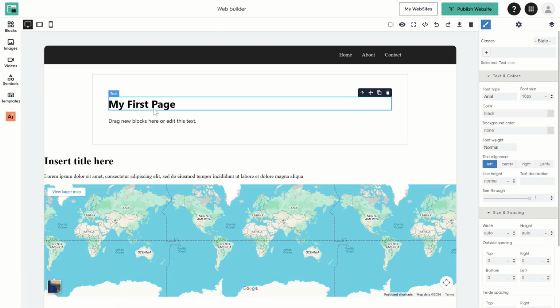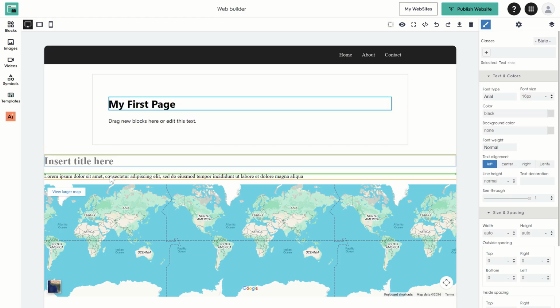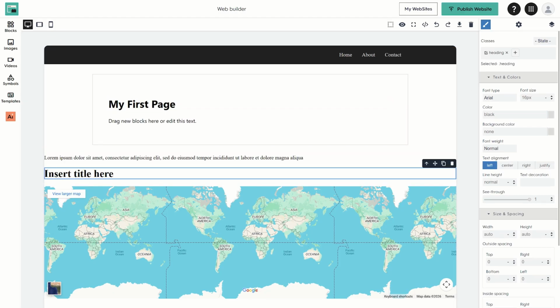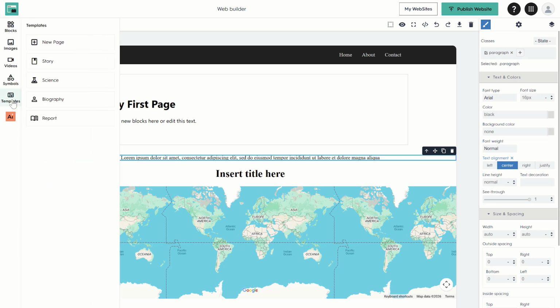Elements can be moved, resized, and reorganized easily. To change colors, shapes, and other things, simply select an element and use the side menu to adjust its design and layout. To get started quickly, you can use the ready-made templates from the left-hand menu, such as Story, Experiment,